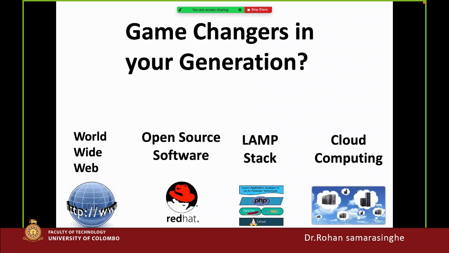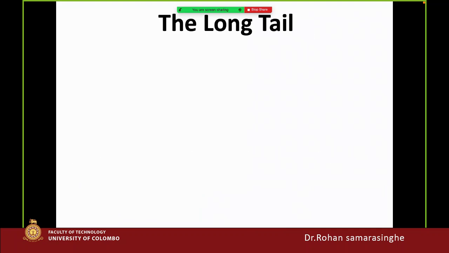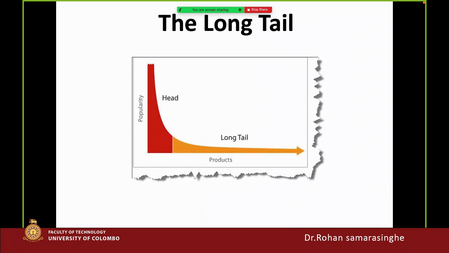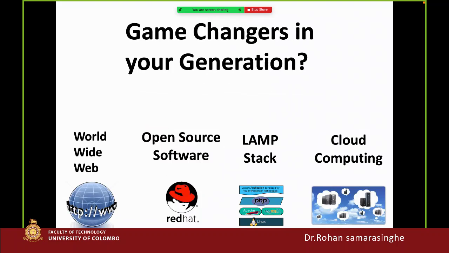These four things change the generations and introduce e-marketing and e-commerce by creating some online marketing channels. This technology can apply